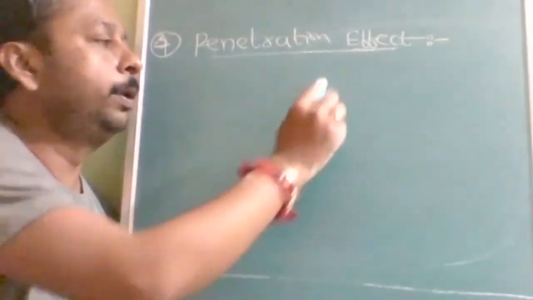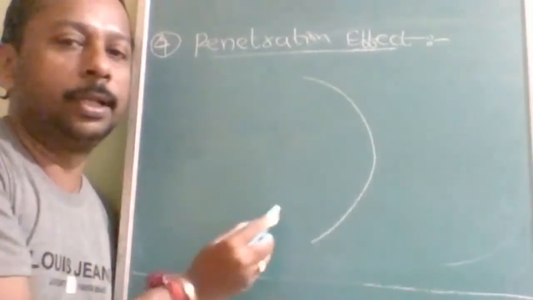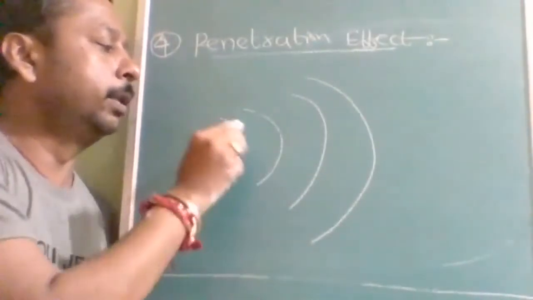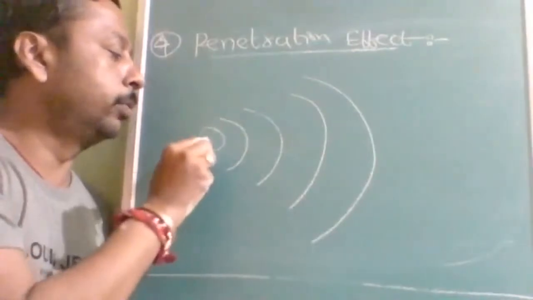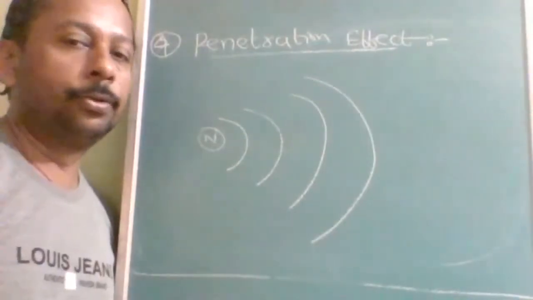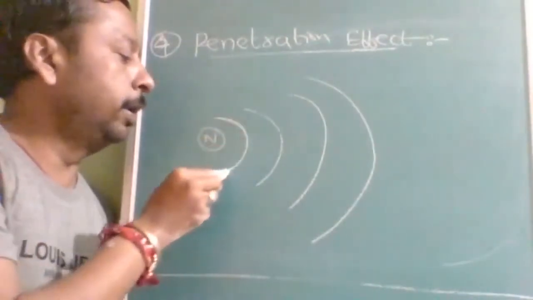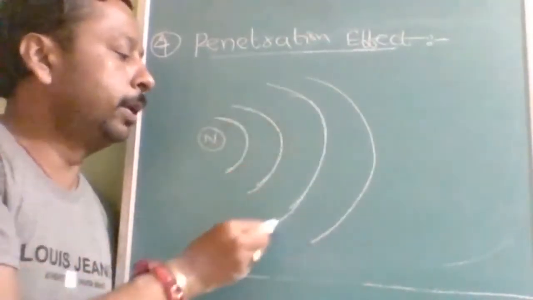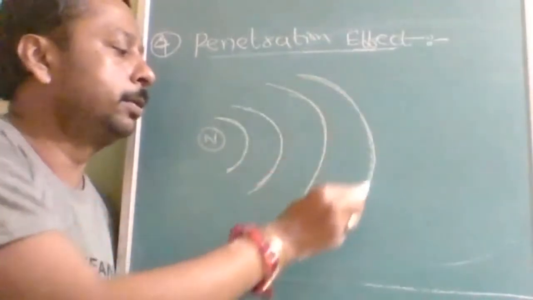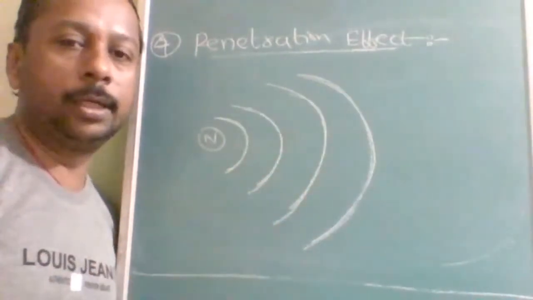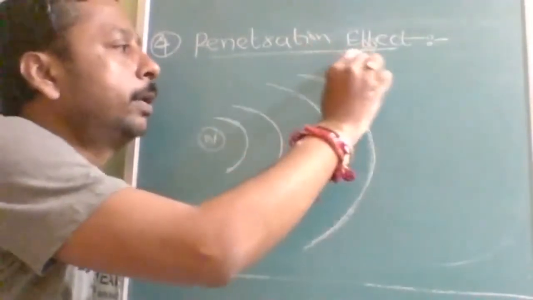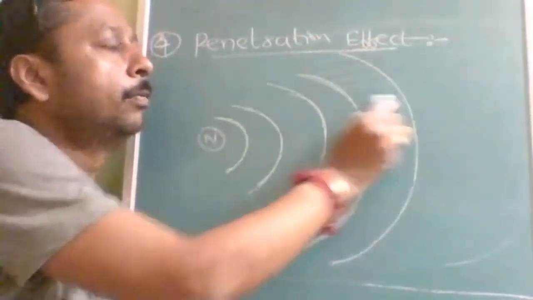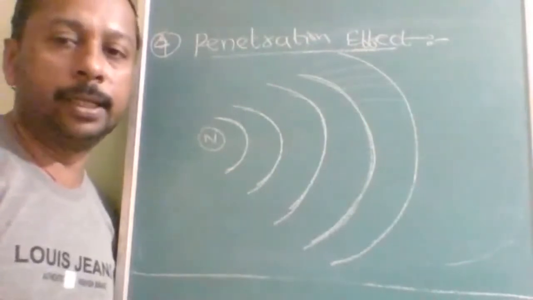Okay. So people think that this is the fourth energy level, this is the third energy level, this is the second energy level, this is the first energy level, this is the nucleus. Okay. So it is not like that. Energy level is not a single line. Energy level is not a road. Okay. It is a track. Track in the sense, this is the fourth energy level.